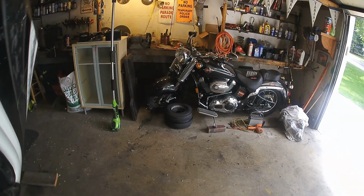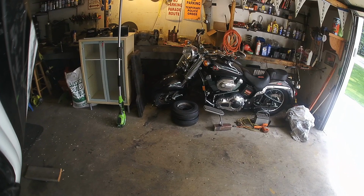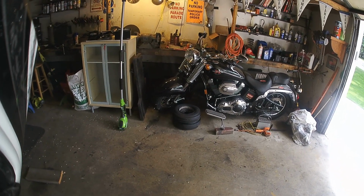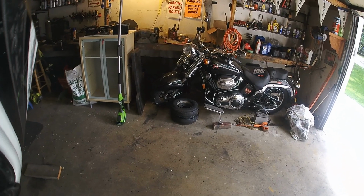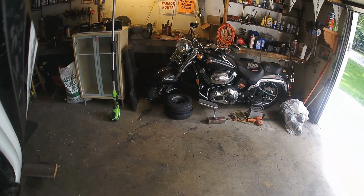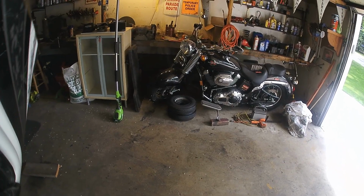A good friend of mine is the one who started the company, and he's got most of the single digit ones. I don't think he has number one. That's in a museum. He has the last bike built and then about 30 of them in between. And he probably would like to have this one, but I'm keeping